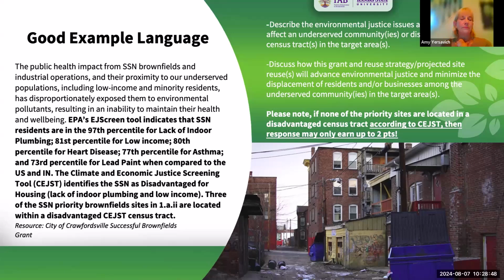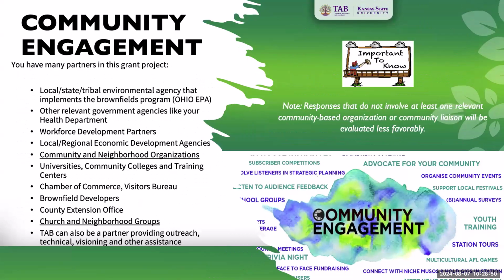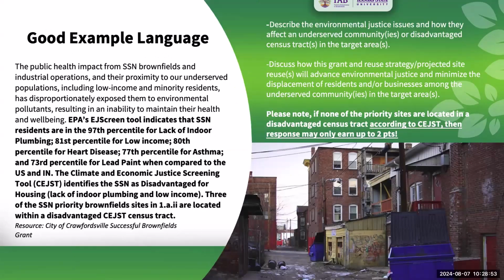Next slide. Amy, could we pause for just a couple of questions that were posed in the chat? Sure. The first one is about EJ areas. And so the question was, is it good to address these EJ items in my application, even if my project will have no measurable impact on these items? The example is a food desert.